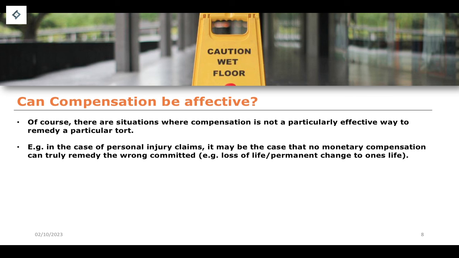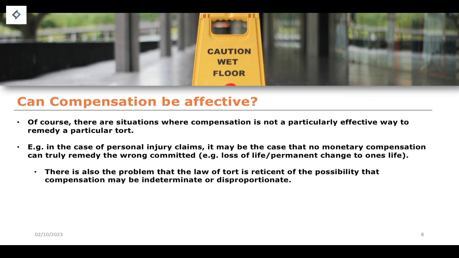So compensation isn't necessarily effective, and it's not necessarily an all-encompassing, perfect one-to-one comparison where you can essentially just throw money at a problem, and therefore we can bring that individual back to where they were if the tort had not been committed. But it is essentially the best that the law can do in terms of bringing things back to how they would have been if that tort hadn't been committed, even if in a lot of circumstances, or maybe in certain circumstances, it's not necessarily that effective.